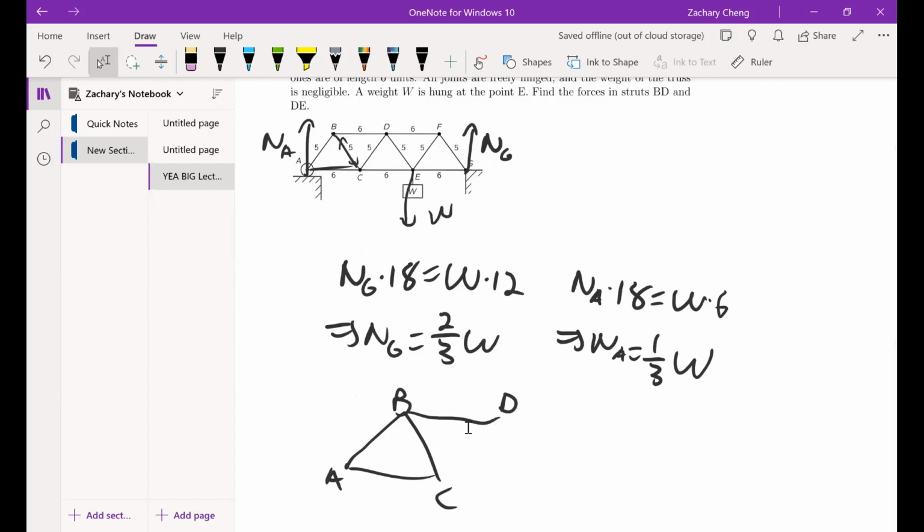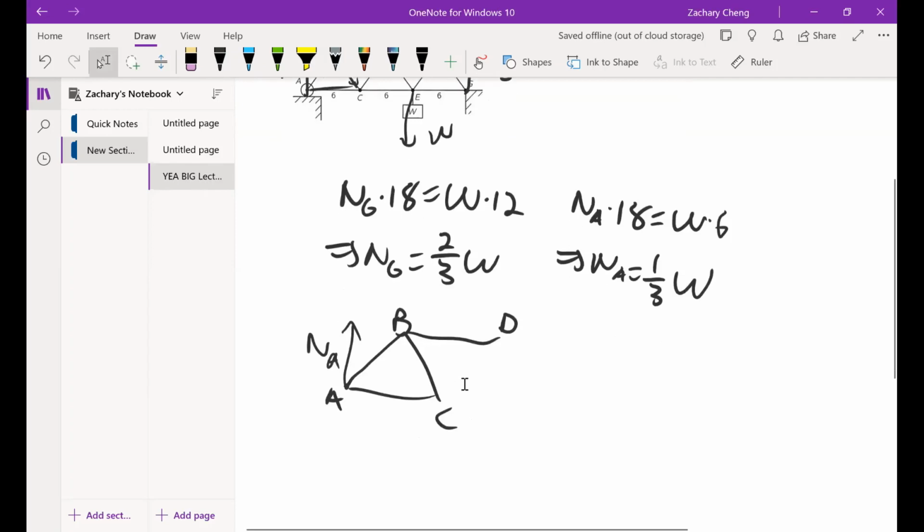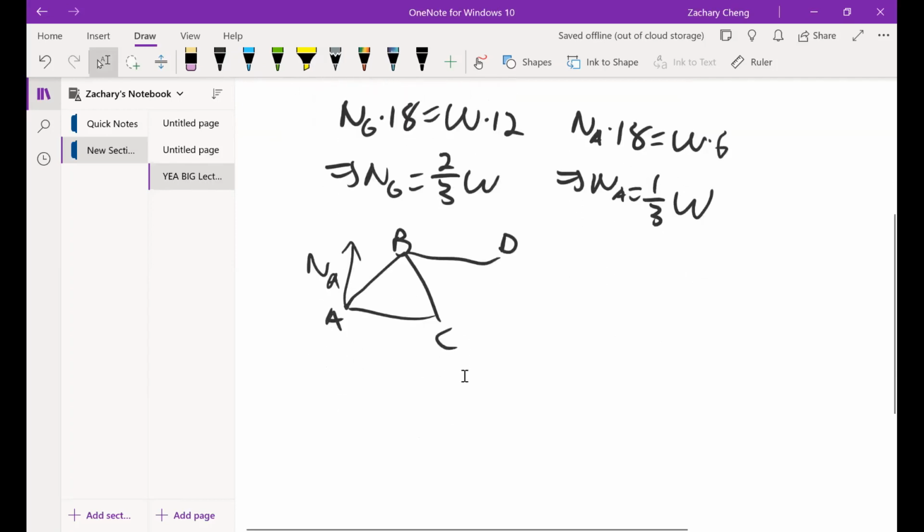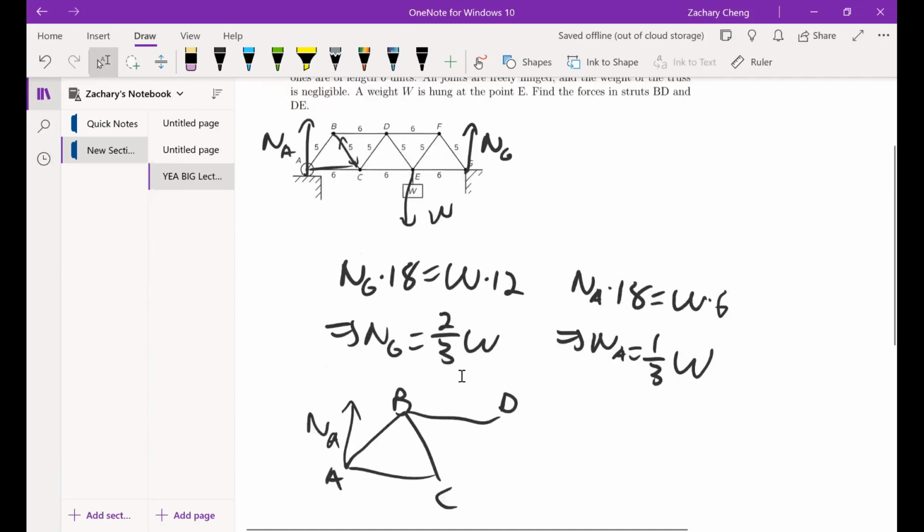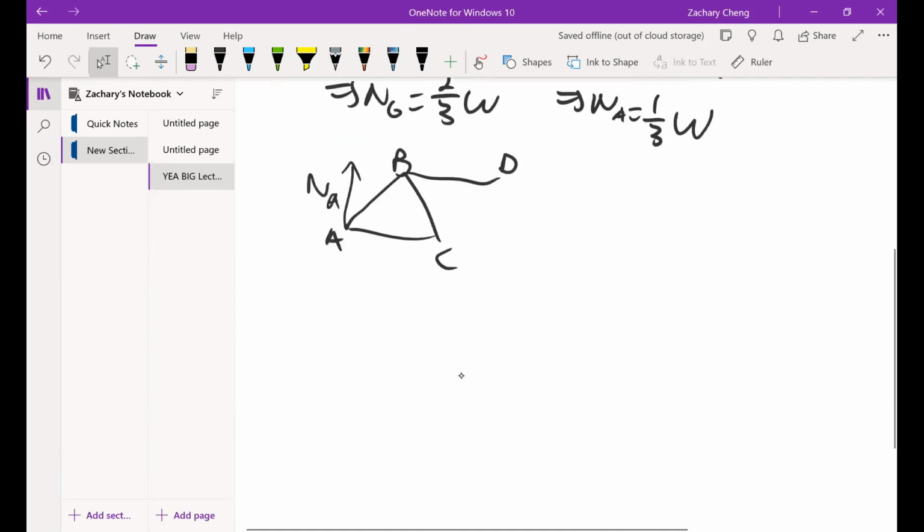around the pivot C. So if we look at the triangle ABC, then obviously there's an external force from BD, which is either pushing or pulling on B. We'll figure out which direction it is later. And there's also NA here. So these are the only two external forces. So we can use that to try and balance the torques. And we get that NA times the length of AC, which is 6, is 6 NA, and this is equal to